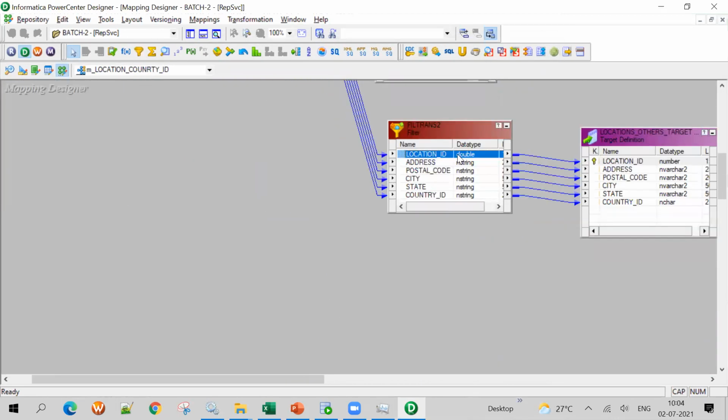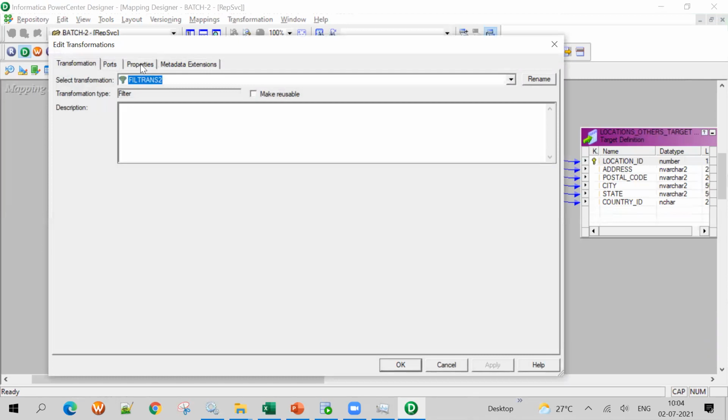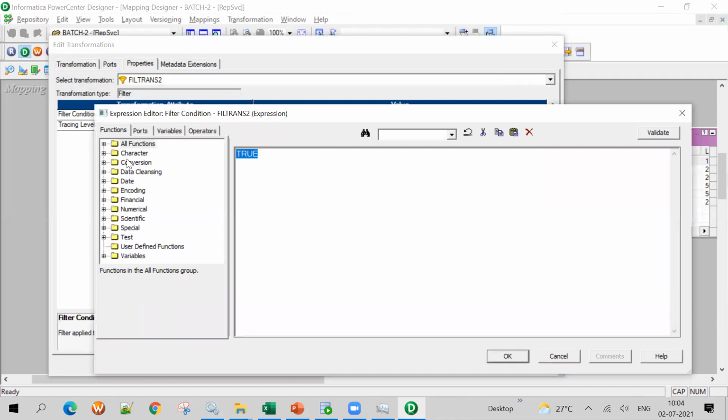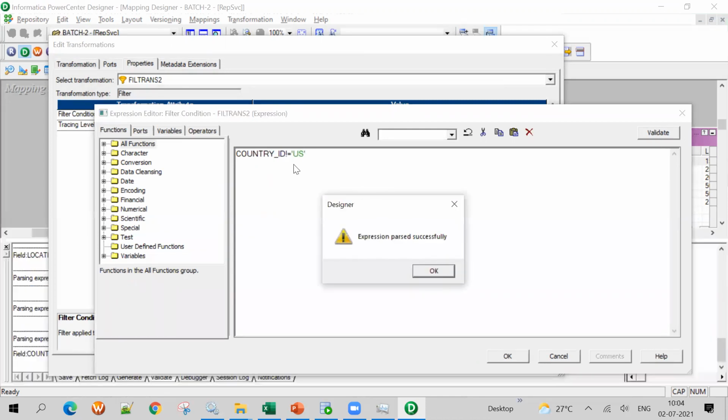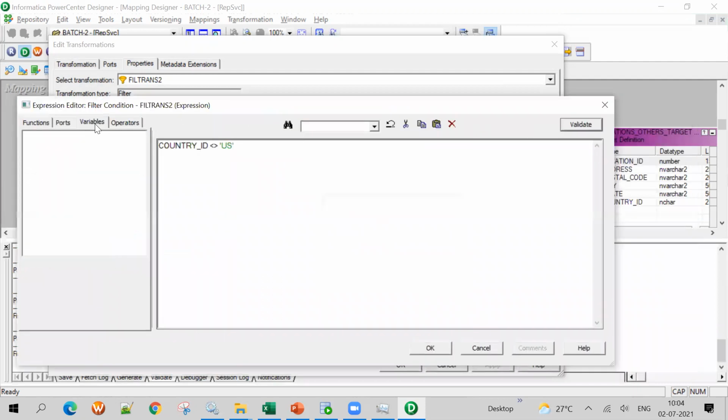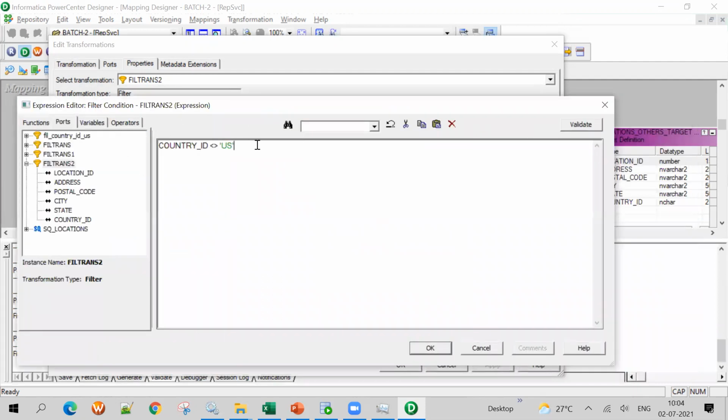Because it is a double data type. See, location ID is a number data type. Now we are comparing it with what, in the quotes. That is why. Okay. Country ID is not equal to US. It will work, I guess. So this will also work. Everything will work. Because I am using location ID, it is giving the problem. Not equal to also will work. So why was it giving the error? I gave it like this, and you got the error. These are the common mistakes we make.